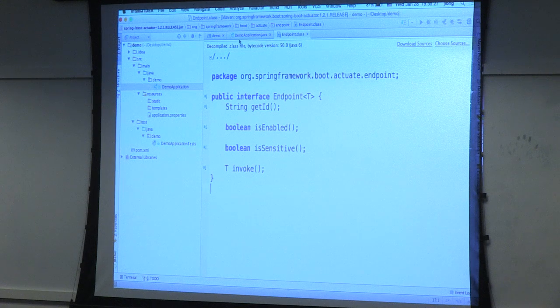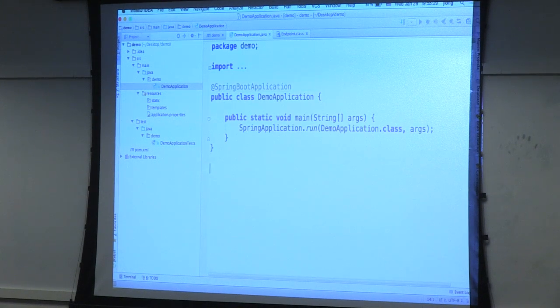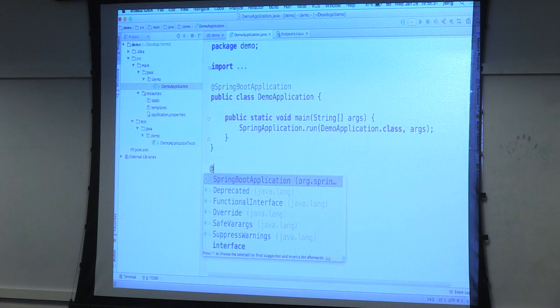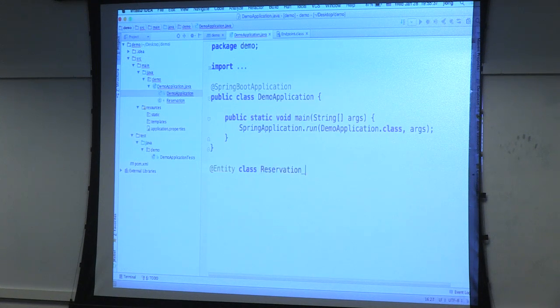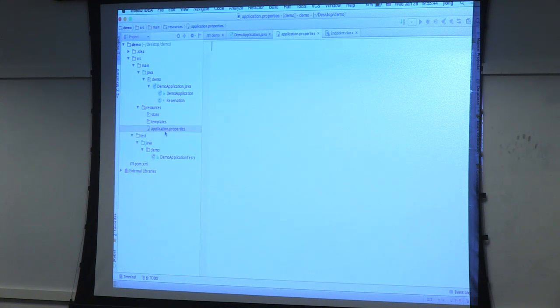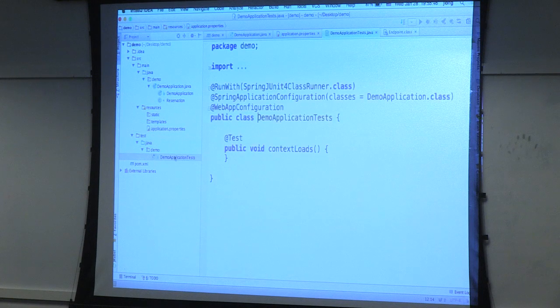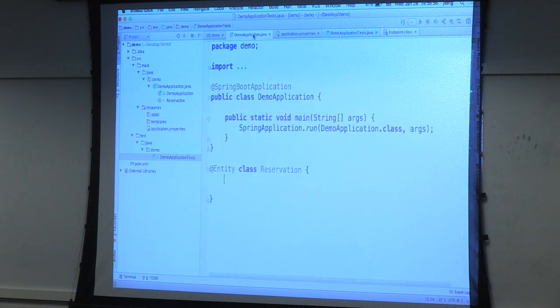OK, sure. So I'm going to code very, very quickly. This is not what I'm here to talk to you guys about, but I do want you guys to have a feel for it. So voila, class, reservation. This is Java, remember. So I have a public static void main, SpringApplication.run, empty directory, empty application properties, dumb unit test. You don't need it, of course, but you should always unit test. I'm not saying you don't unit test. I'm just saying we didn't add a lot by doing code gen here. This is a 2-minute trick, OK? And I'll never do it again. So, if you need that.